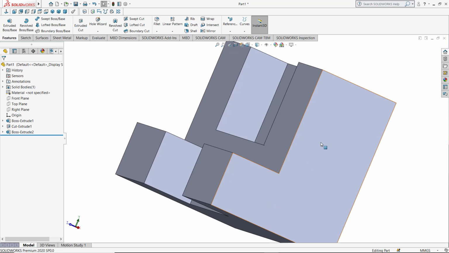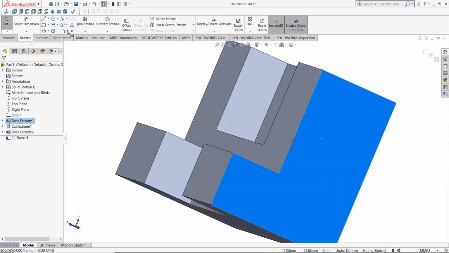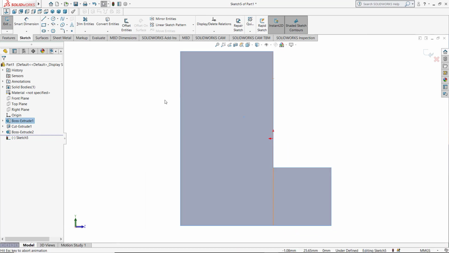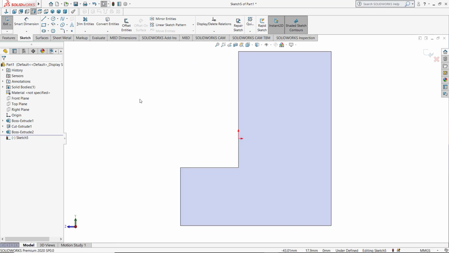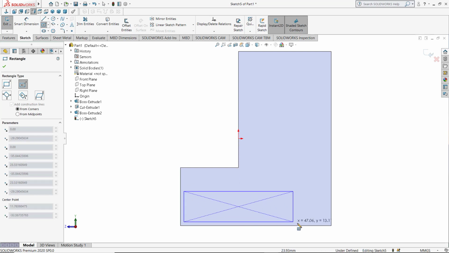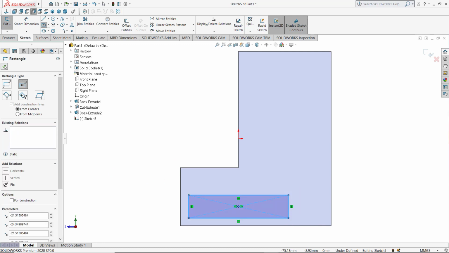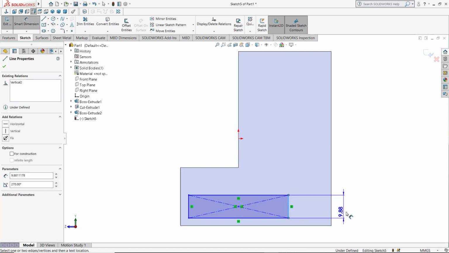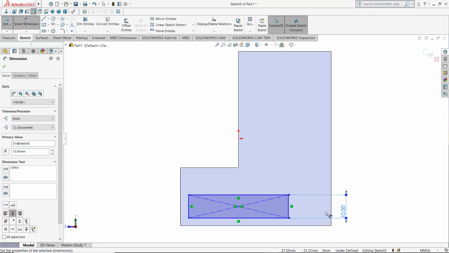For that I am selecting this surface, give sketch and select normal to, and then I am selecting a center rectangle. Okay, so I am drawing a rectangle here and then click OK. Okay, and give smart dimension. The height of this one is 10 and length should be